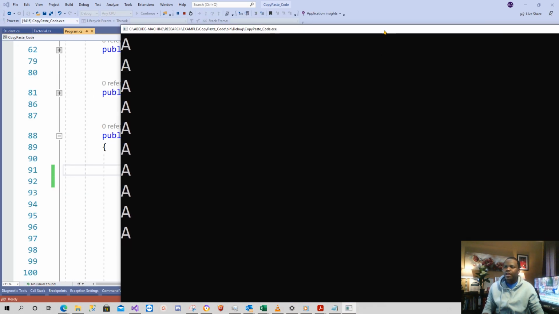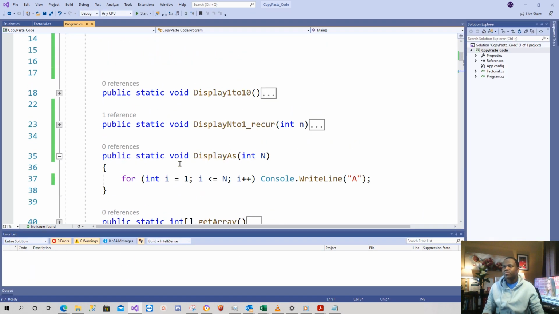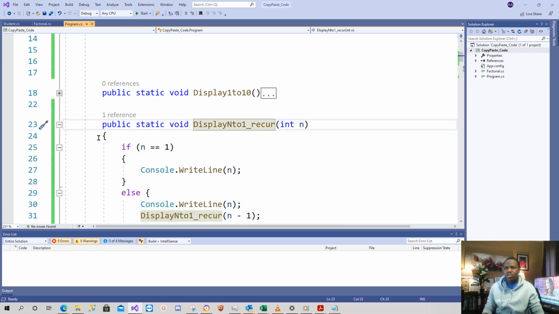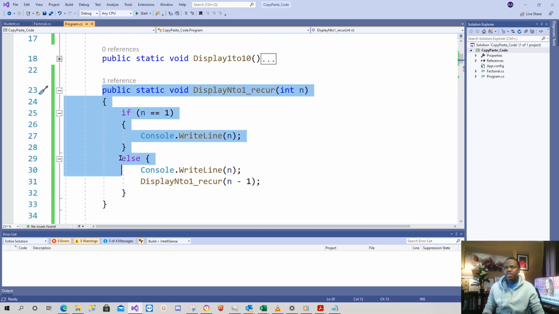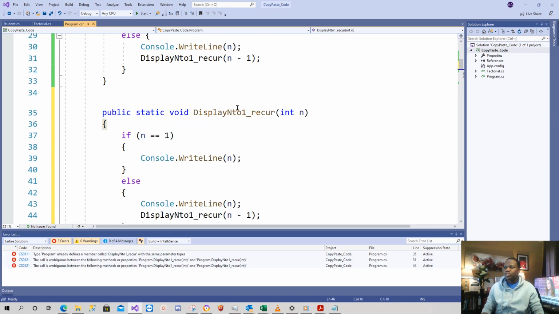I run the method, and I have my 10 A's there. Right? If I want to now make that method recursive, I can go to my recursive method that I have before that is displaying n to 1. Let me just copy this method and replace it so I can show you how much it will change. So display, I can call it n A's